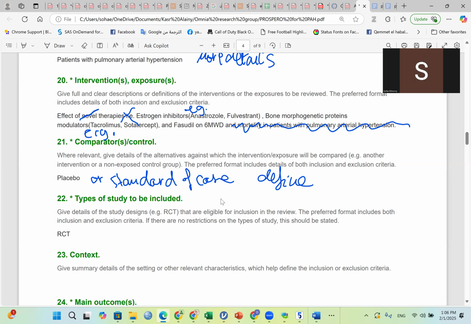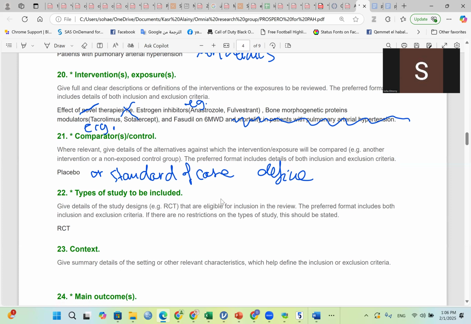And we might name them all. Bone morphogenetic protein modulators, such as tacrolimus, whatever other drugs. We might also need to name them all, as much as we can, of course. So this is where we define the intervention or exposure of the review.